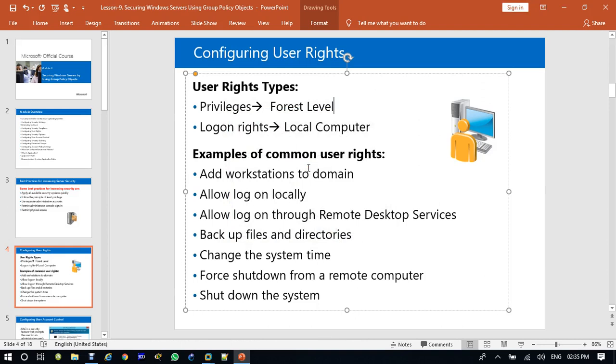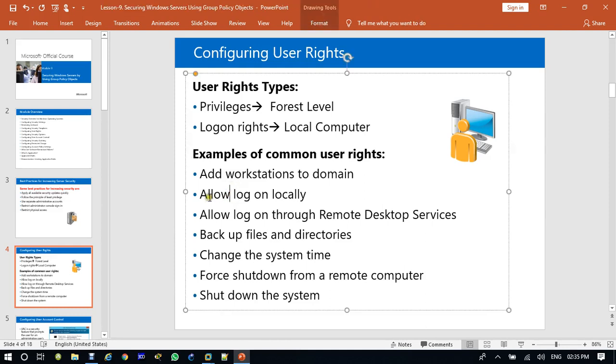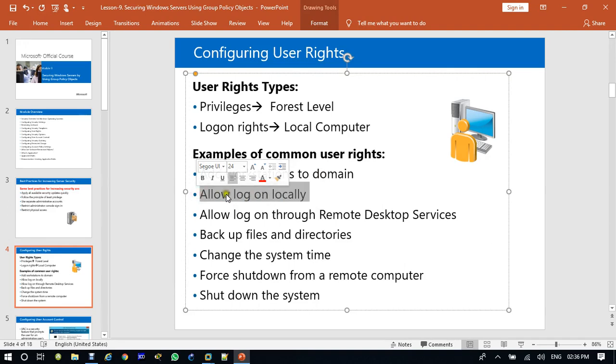Now we are looking at some details of common user rights. You know that by default all the users of the organization are authorized to add their own workstation to the domain. By default, domain users are not allowed to log in locally on the servers. But if you want to assign some rights to some users so they can log in on the server to configure a few things, you can. This is just for common rights. I'm not telling you that you should assign this; it depends on your situation, because allowing normal users to log in on the server is also not correct.